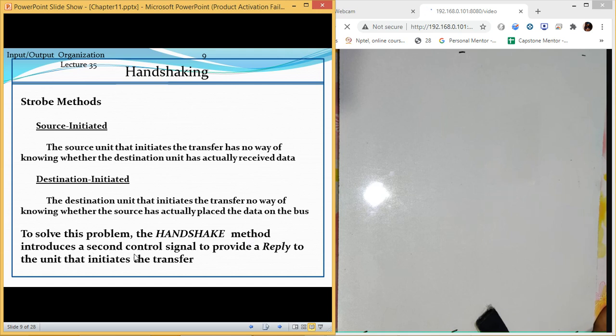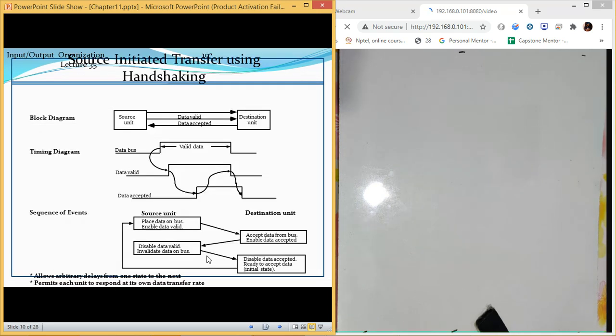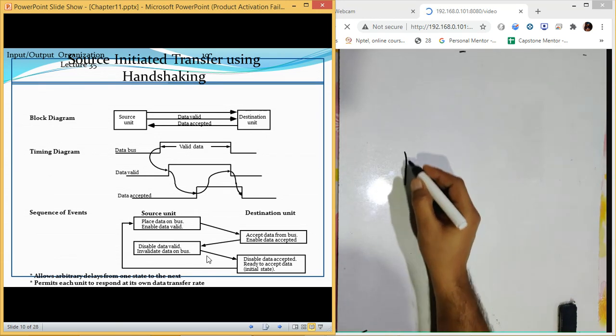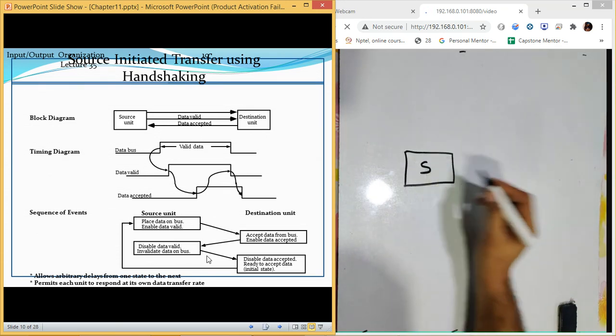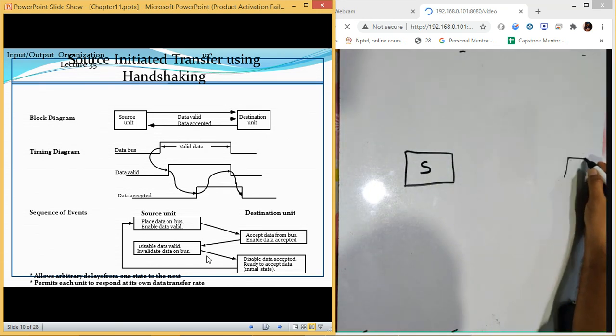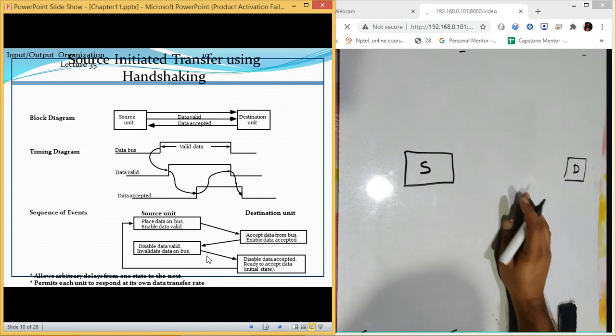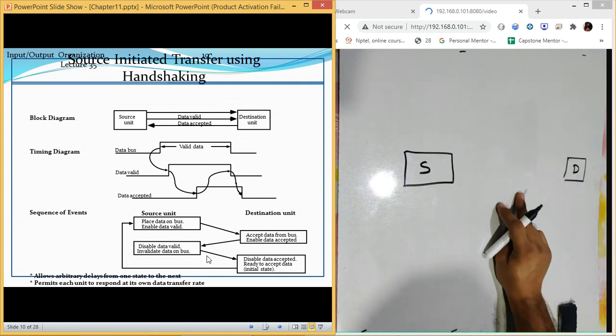Handshake has a new control signal, which is an acknowledgement. Now let us talk about that. So please remember this. In the block diagram we have a source unit, we have a destination unit. Earlier we were having only two lines, data and strobe.